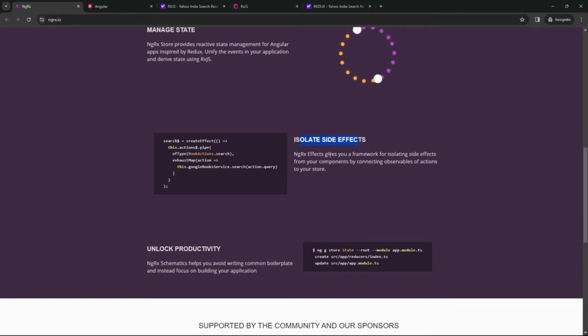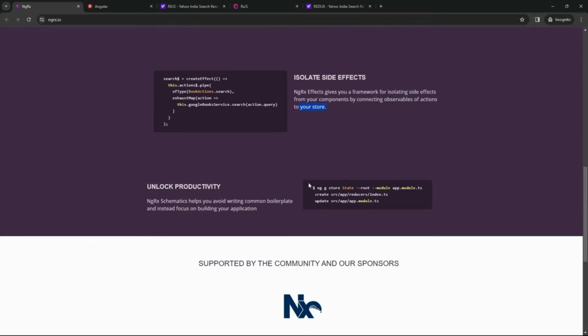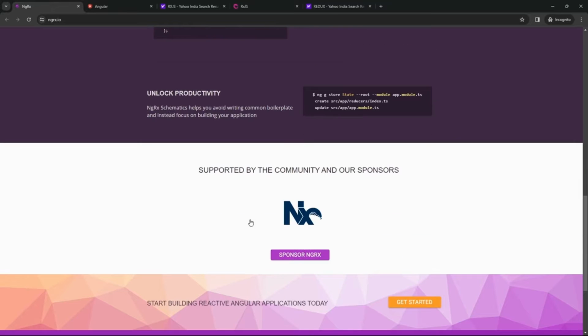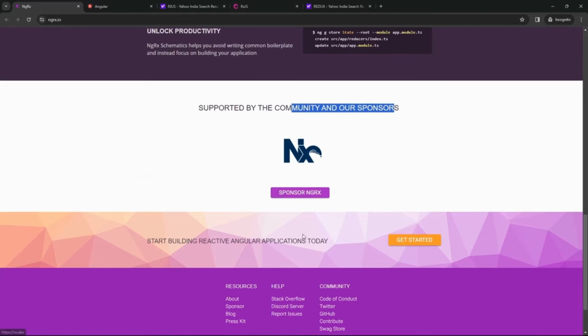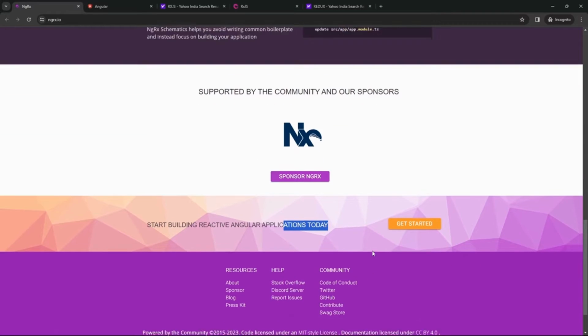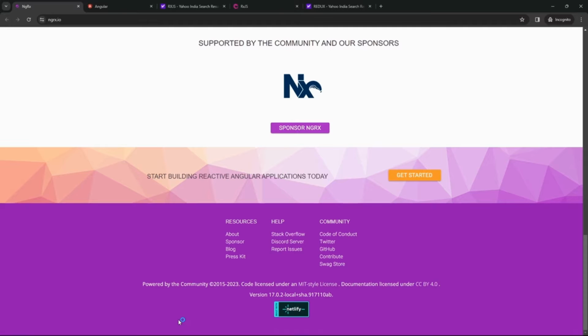Now isolate side effects. NGRX effects gives you a framework for isolating side effects from your components by connecting observables of actions to your store. So that's really beneficial. Unlock productivity. NGRX schematics help you to avoid writing common boilerplate and instead focus on building your application. Supported by the community and our sponsors, NX, start building reactive state applications today. So for this,